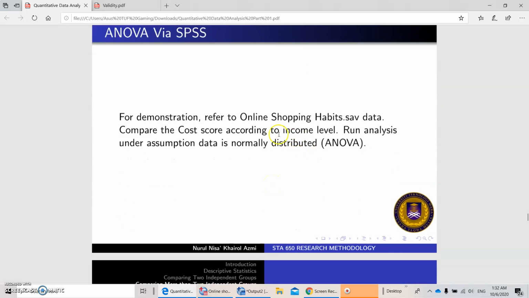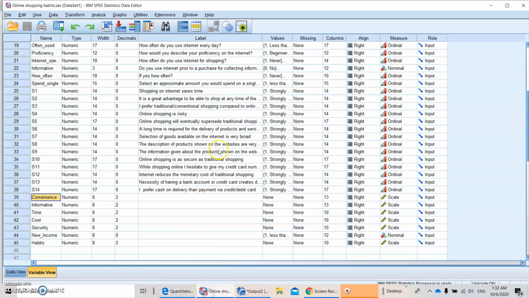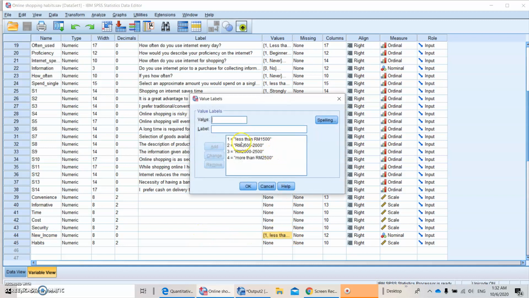Okay, for demonstration, we use the same data, online shopping habit. Let's say I want to compare the cost score according to income level. If you refer to this data, I actually combined the income level, so I created a new variable here, new income. If I go to the value label, there are only 4 categories.